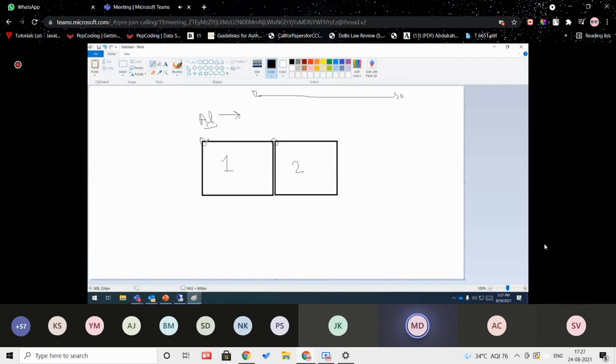Let's suppose this particular element has crushed, or it is rigid, or it has transferred all the deformation to this node. How will it tell? Until it calculates all the mathematical formulation, it will apply one formulation here, and then after some time it will go to this node, and then again apply some formulation here.